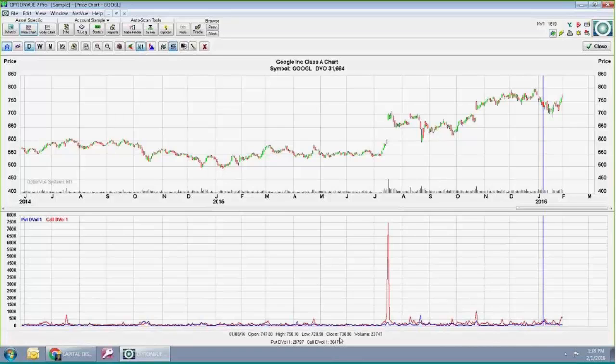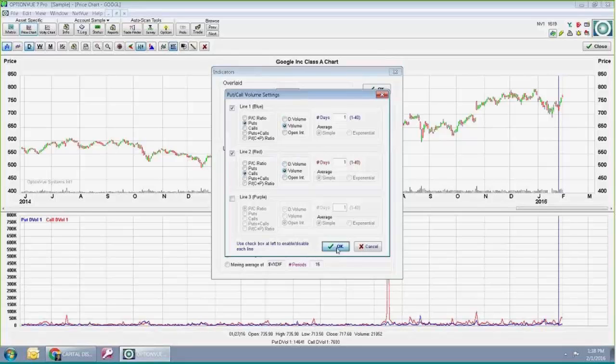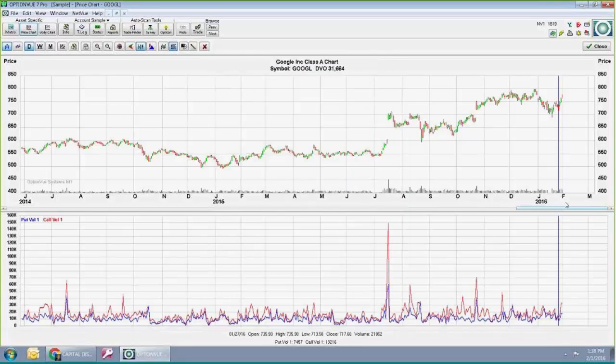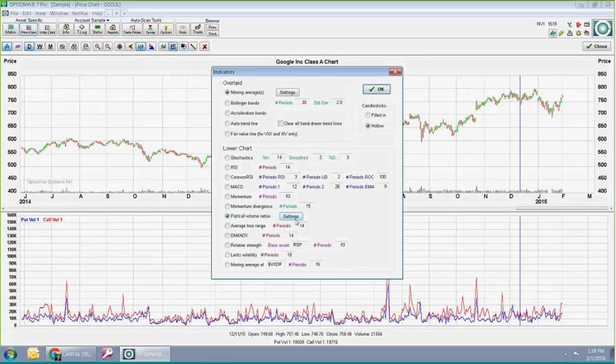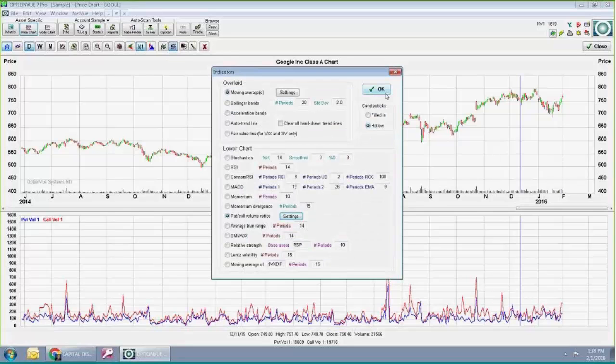Where here was 20 million. Oh, here is the biggest spike, 39 million versus 10 million. But then you can also just look at simple contract volume, the number of contracts traded for both. You can see it has been more puts than calls traded. And then, of course, the last one is open interest: how many put contracts are open versus how many call contracts are open.